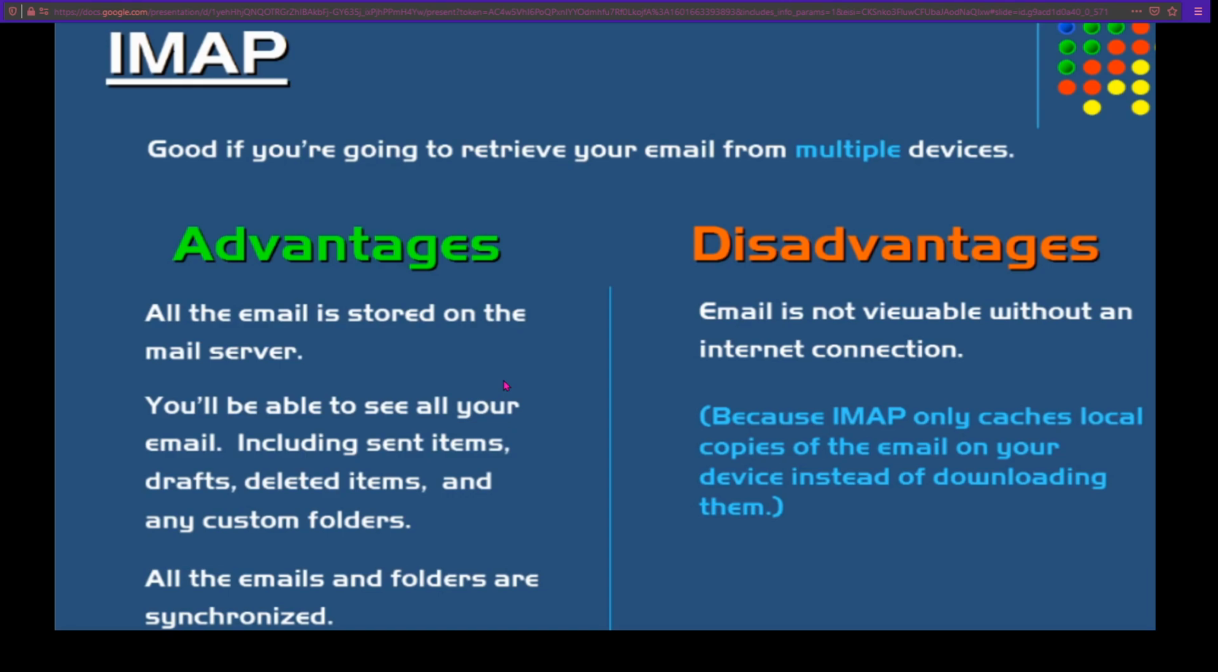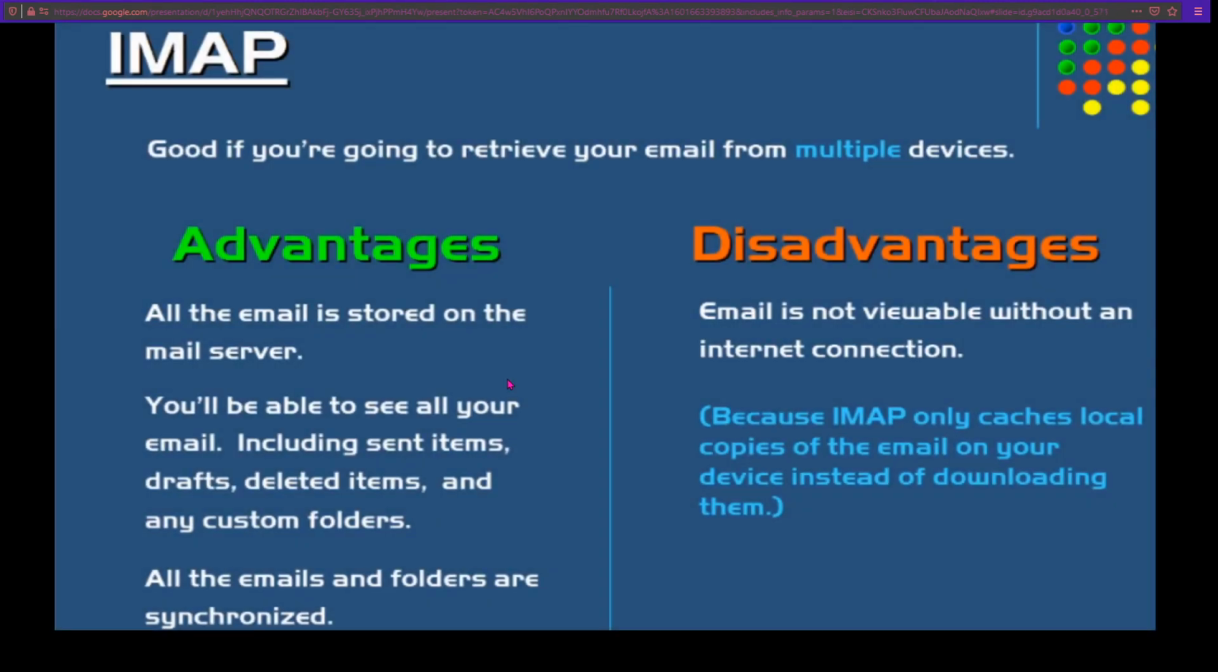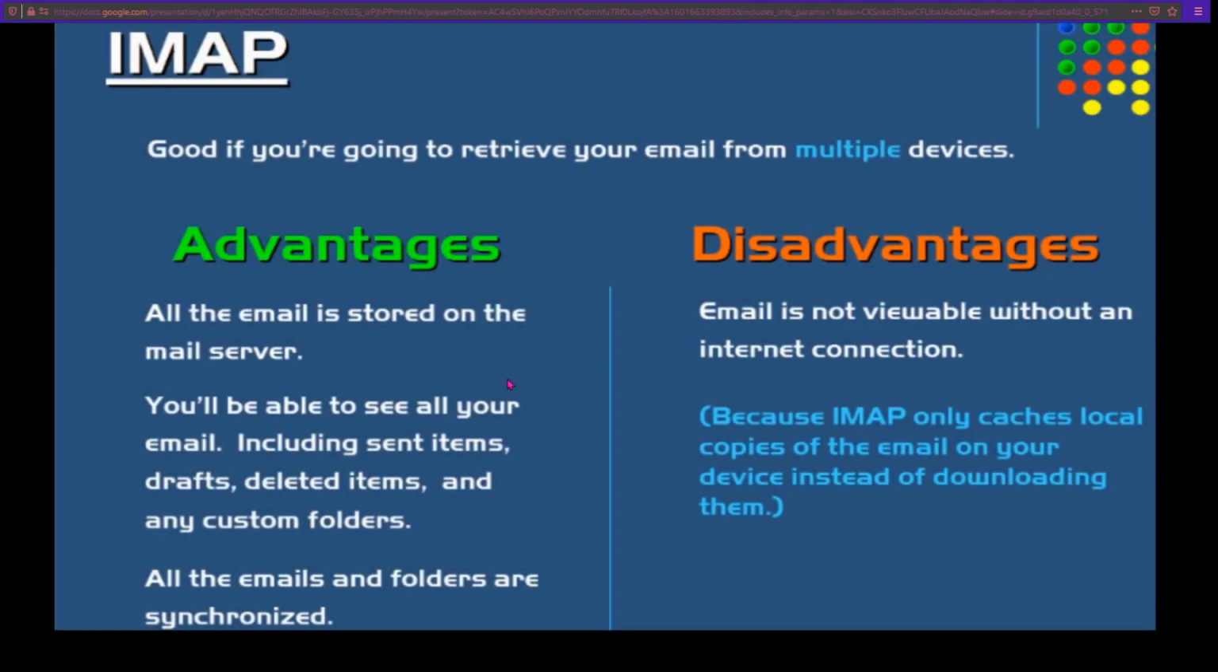Everything I look up seems to say that POP3 is outdated, but there are some advantages to using POP3. You can view your email without an internet connection because it's downloaded directly to the client, and it can save storage space on the mail server. And I think I read somewhere that most of our ISPs will be using POP3, probably for that reason. IMAP is better